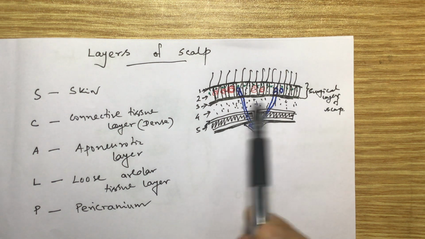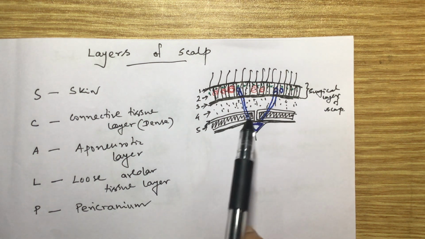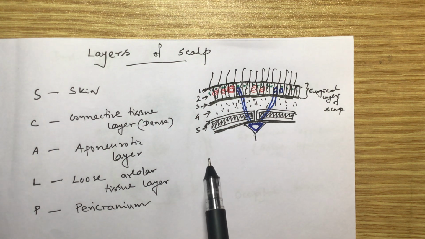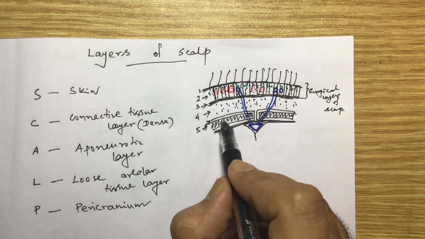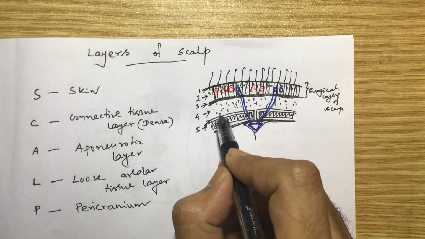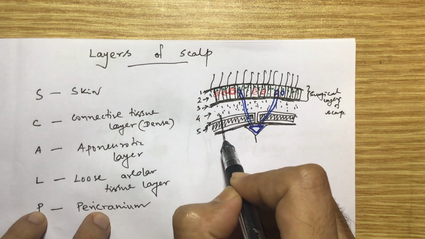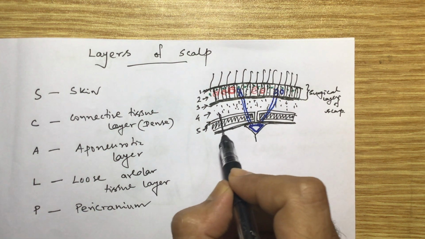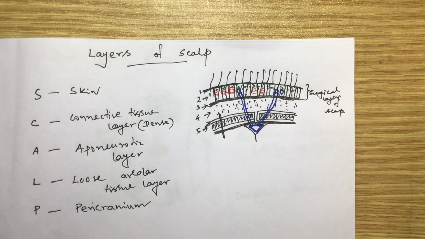And that's why it is known as the danger area of the scalp. And another thing is that, suppose if there is any damage, the whole damage of this thing, when the pericranium and the dural layer is being torn. In that case,